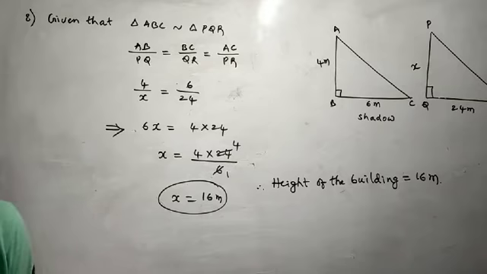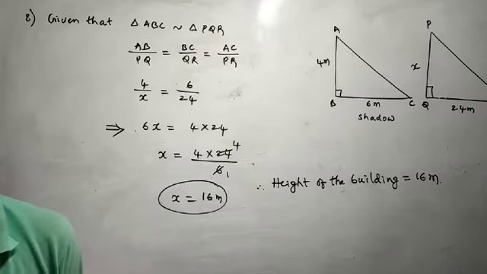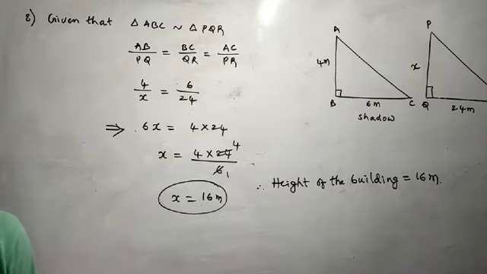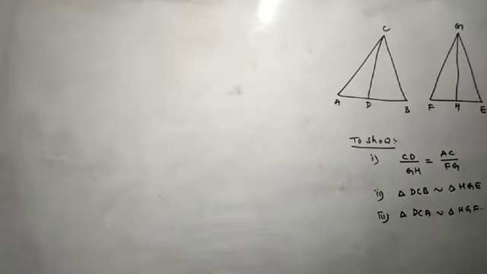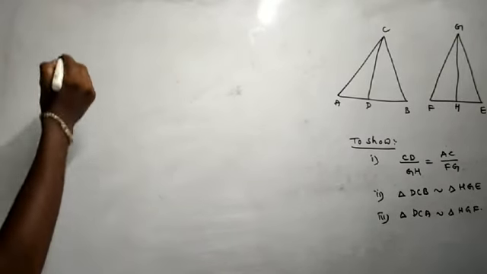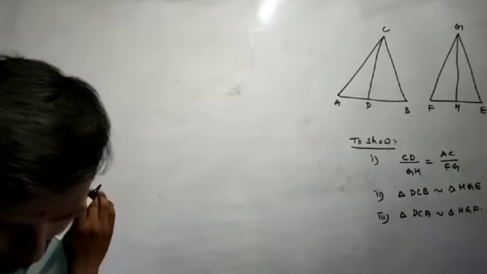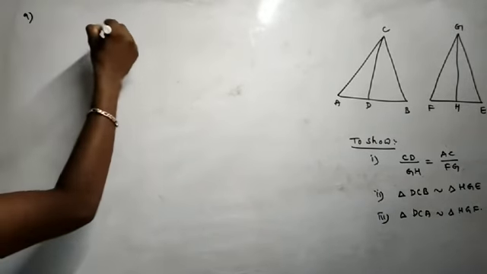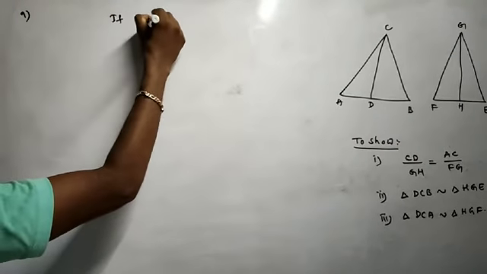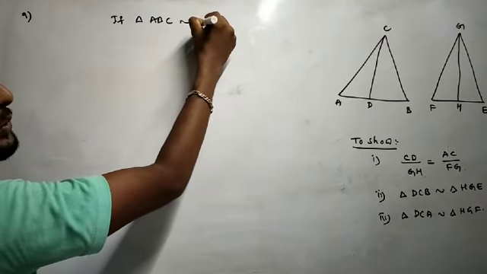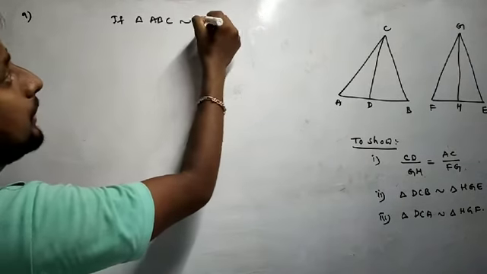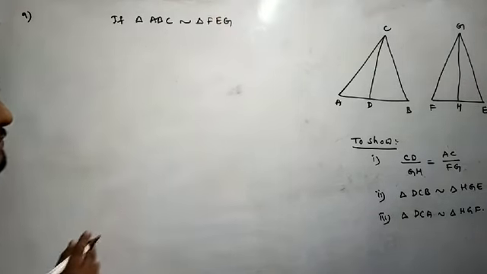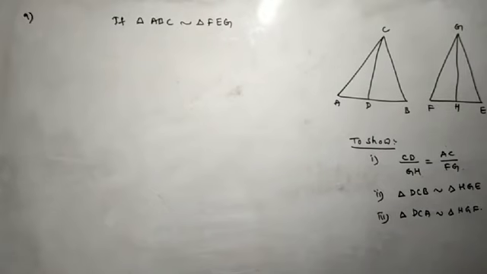Ninth one. Before going to the diagram, just listen to the question. CD and GH are respectively bisectors of angle ACB and angle EGF, and D and H lie on the sides AB and FE of triangles ABC and EFG. Okay, we'll see the diagram. Given information: triangle ABC is similar to triangle FEG. The order of letters in the similarity is also important.